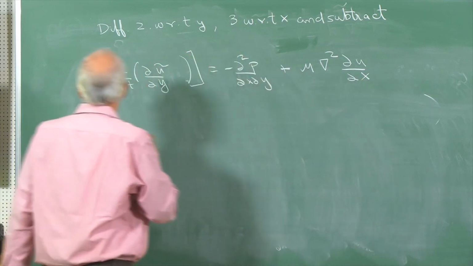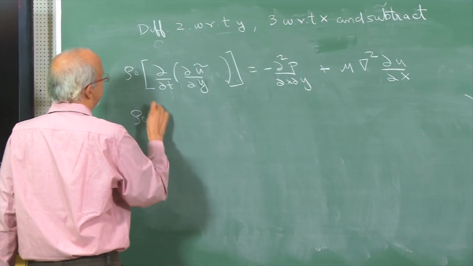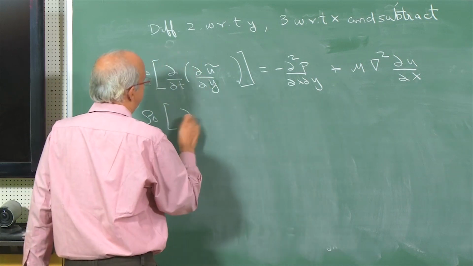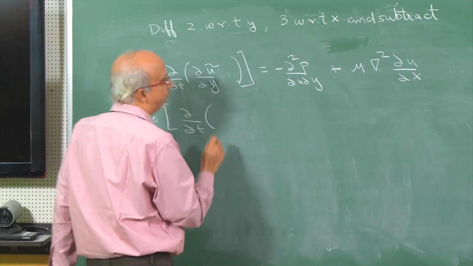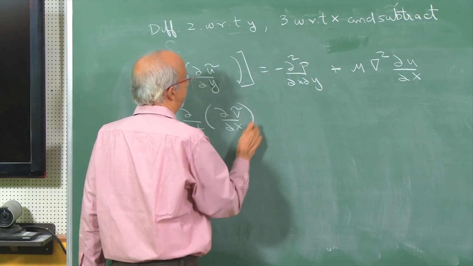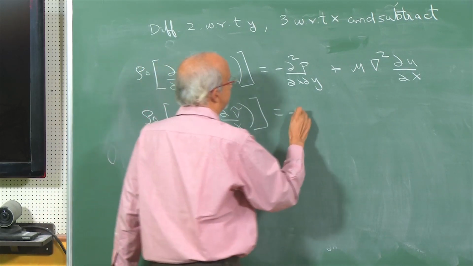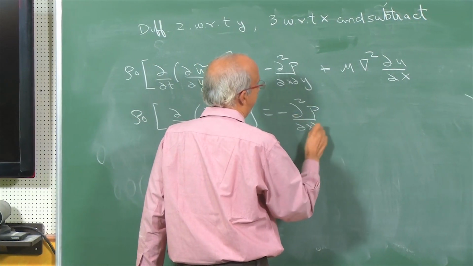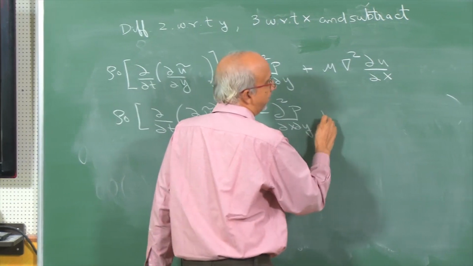And then I have rho naught times the d by dt of dv tilde by dx equals minus d square p by dx dy plus,